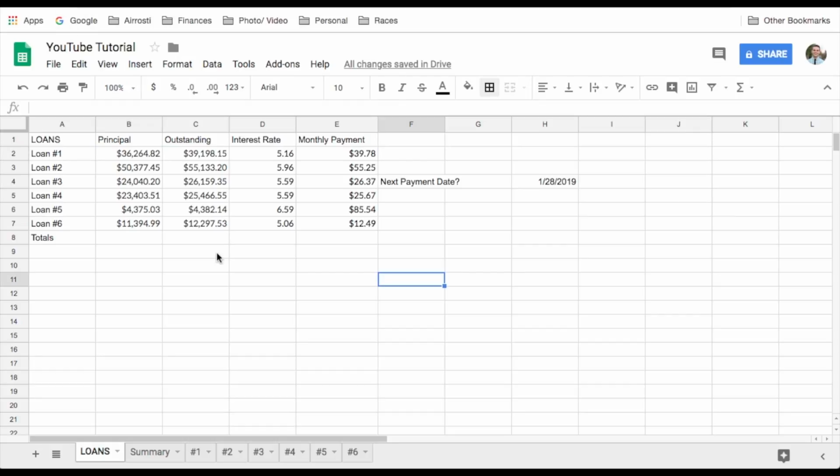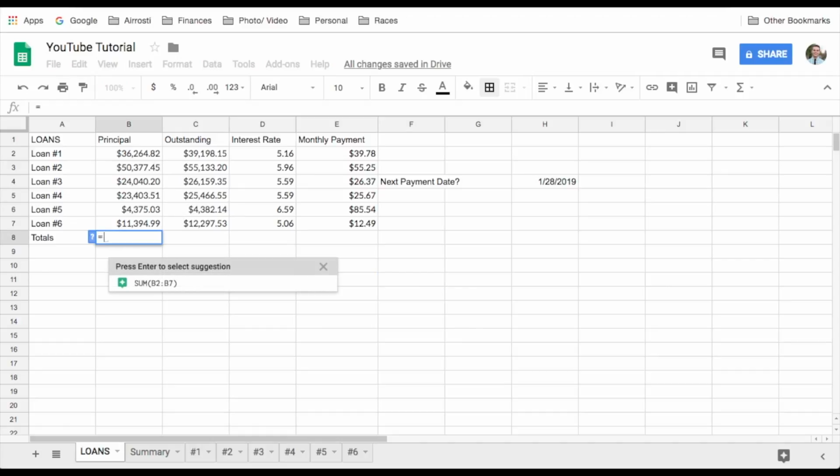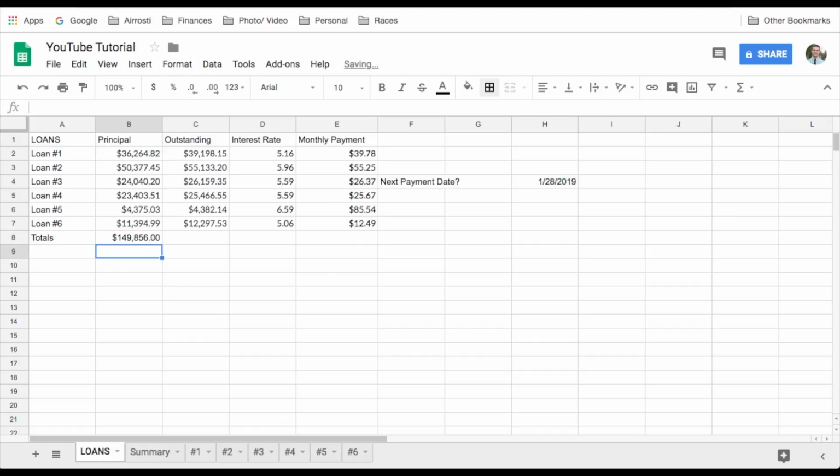Alright, so now that we have all this put in, we're going to be totaling up and summing all of these numbers. A lot of times Google Sheets will give you a suggestion here. So we're going to sum this column right here. We're going to do the same thing for this as well. And then right here,